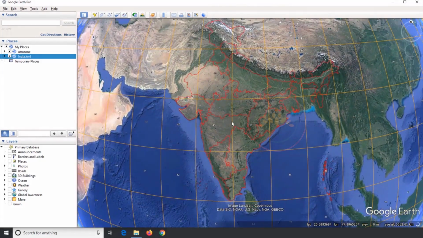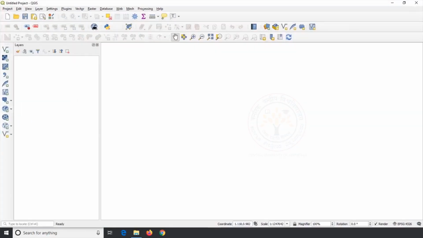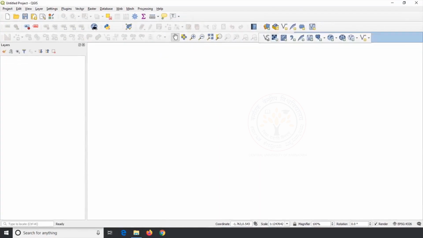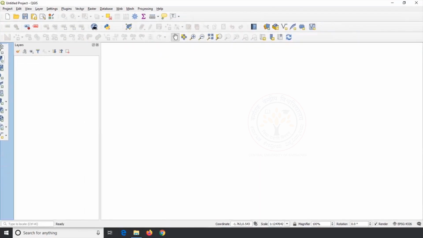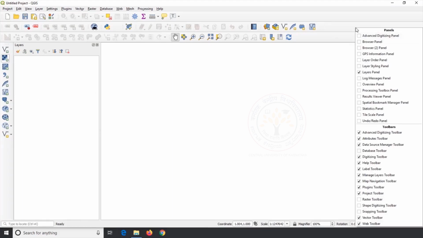Now we will move on to software to define the projected coordinate system for our georeferenced image. Click on Add Raster icon on Manage Layer. You may keep this toolbar in some other location of window. Look at the toolbar where it is located. If it is not available on the screen, open the tool by right-click on the empty toolbar.